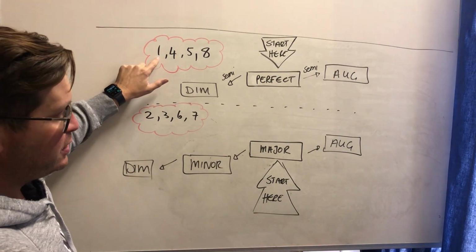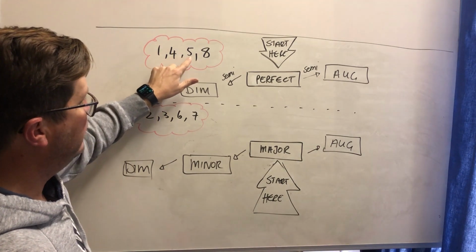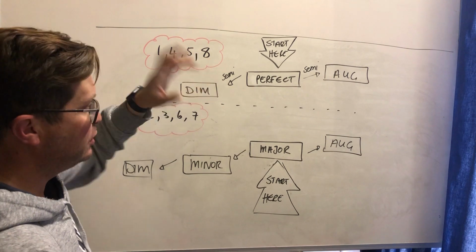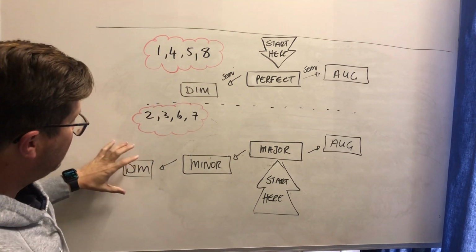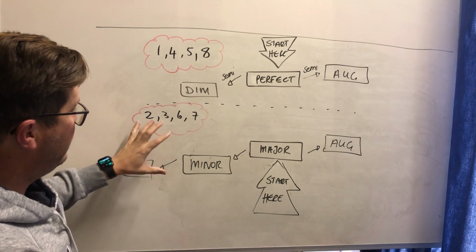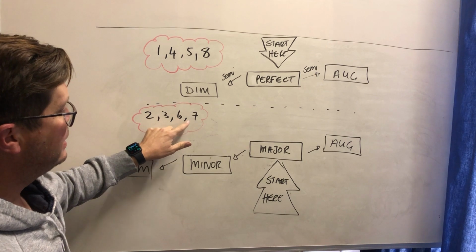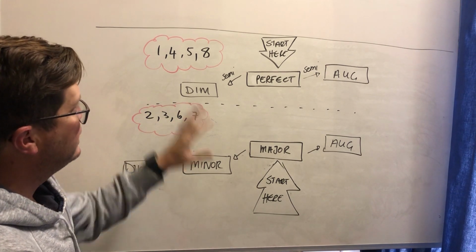Intervals of a first, when the note is exactly the same, a fourth, a fifth, and an eighth, an octave. You know what those look like. I'm not going to go through that again. We did that yesterday. Then you also get another group, and they are grouped together, intervals of a second, a third, a sixth, and a seventh. Alright, so if you look at the diagram,